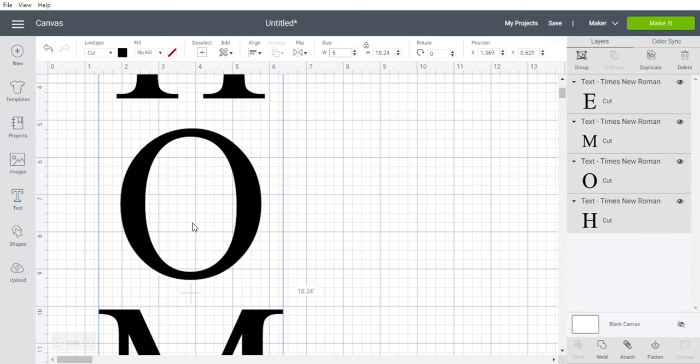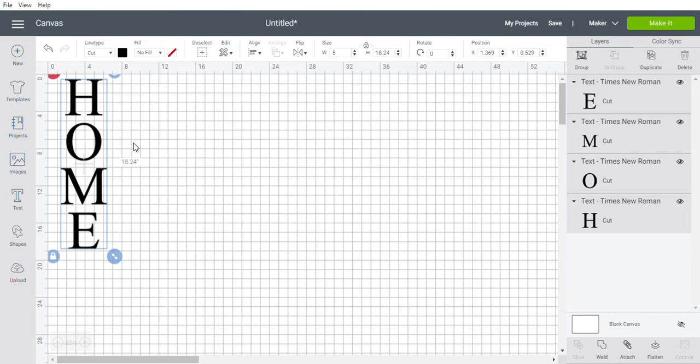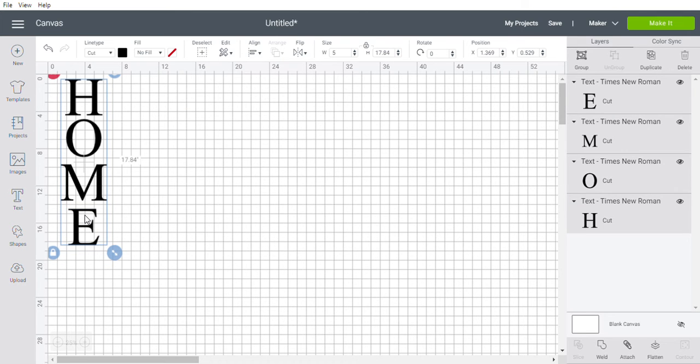So what I'm going to do is zoom out so we can see a little better. And I'm going to take the letters individually, and using my arrow keys on my keyboard, I'm just going to move this up 1, 2, 3, 4 clicks. And then I'm going to do the same with the N, 1, 2, 3, 4 clicks. And I'm going to do the same with the E, 1, 2, 3, 4 clicks with the arrow. I'm going to select it again, and that brought us down to